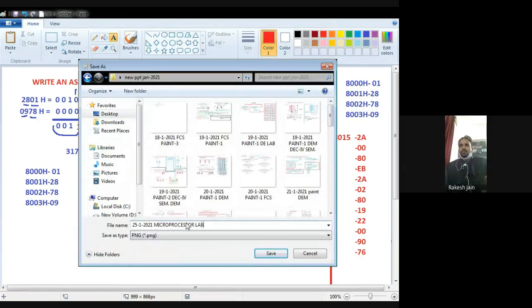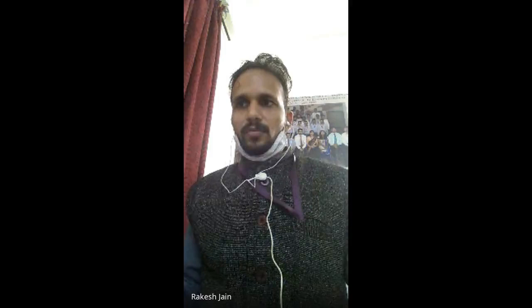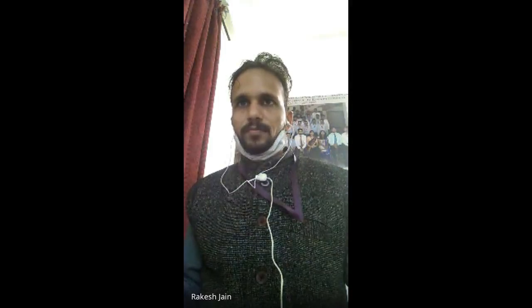Okay, so now we will go to upload the program. Now I am going to show you the program. Kindly take a snapshot, so when I upload on the simulator you will see this continuously. Now when we check the program we will find that our result is correct. Okay, now I am going to start the program. So instead of this MS Paint file, I am now showing you the simulator.